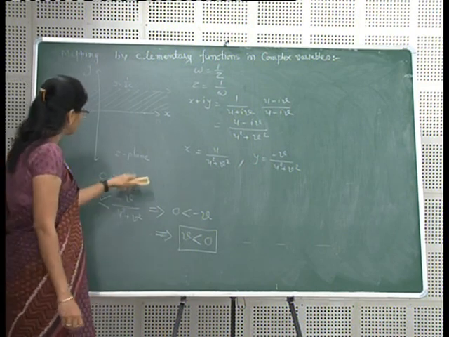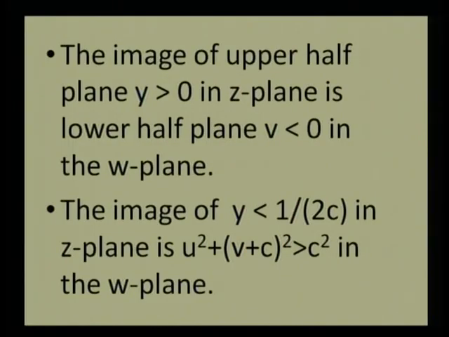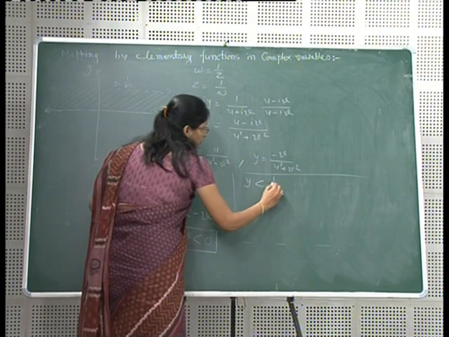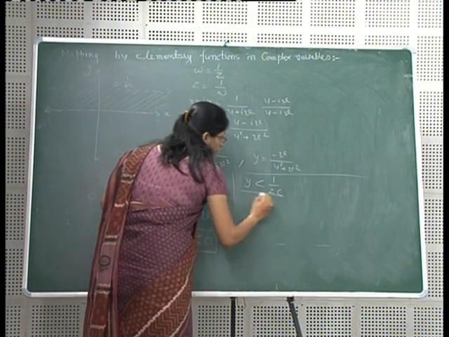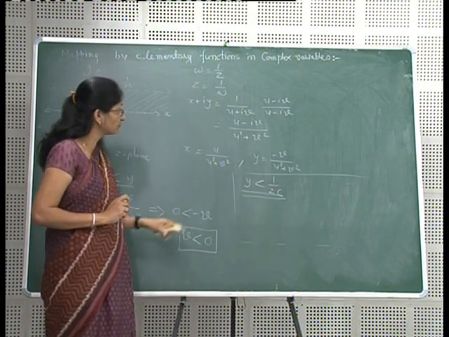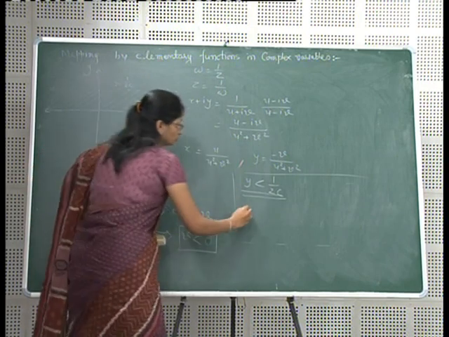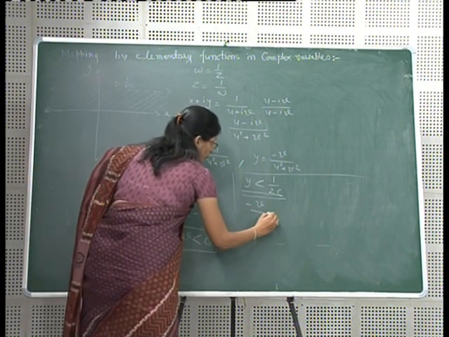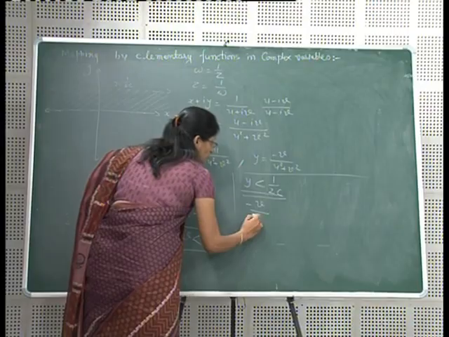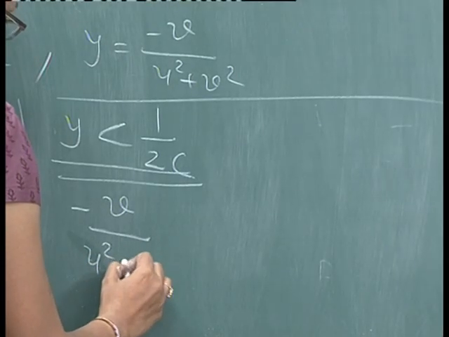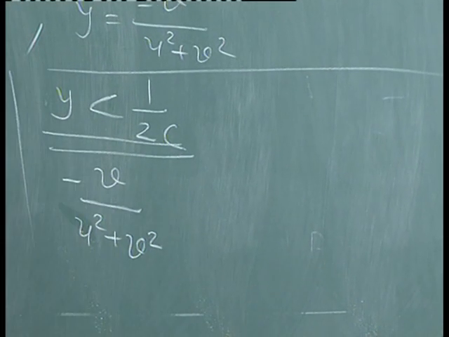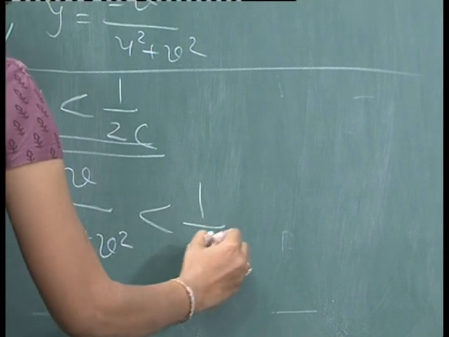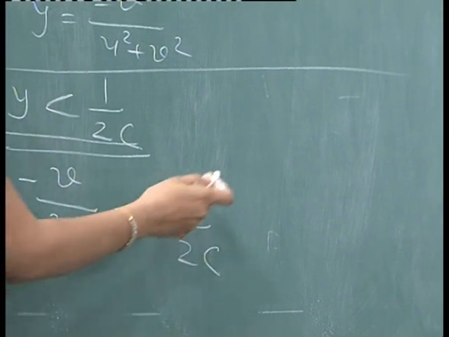Okay, now we find the image of this. Now we find the image of y less than 1 upon 2c. If you put y is equal to minus v upon u square plus v square, then we have, taking the cross product here,